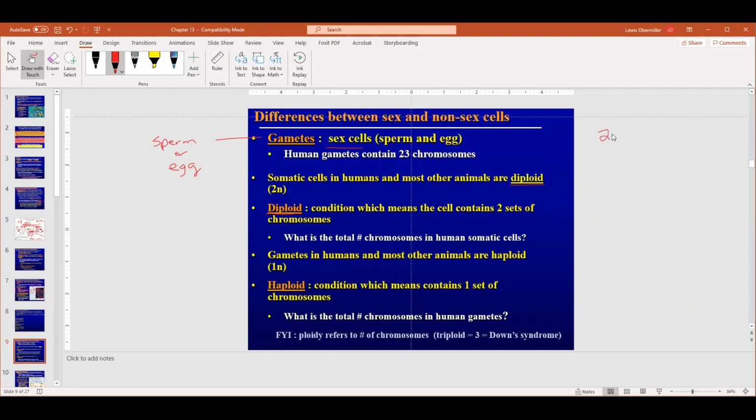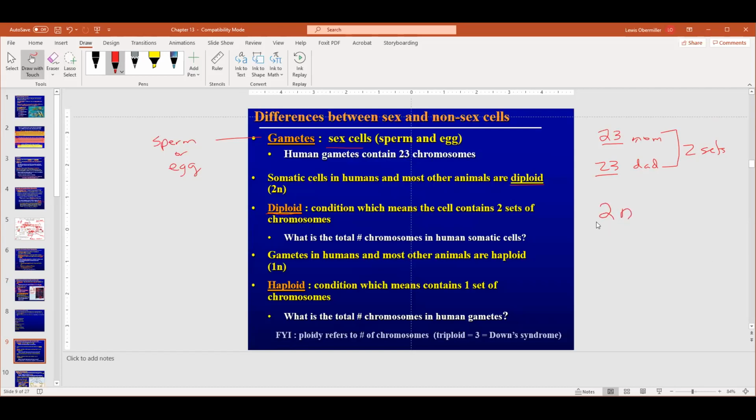So we got 23 from mom and 23 from dad. So we have two sets, right? When we say a set, 23 from mom is one set, and 23 from dad is the other. So we would say that our chromosomes are